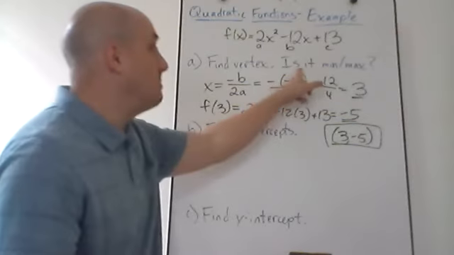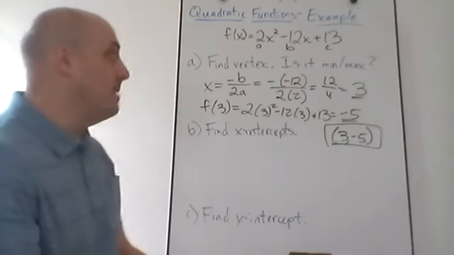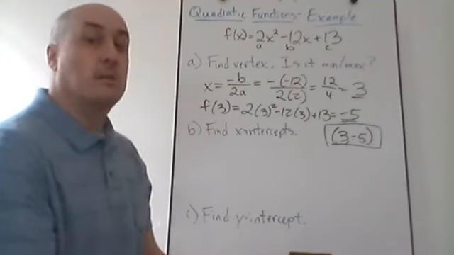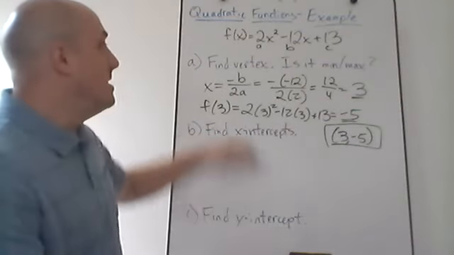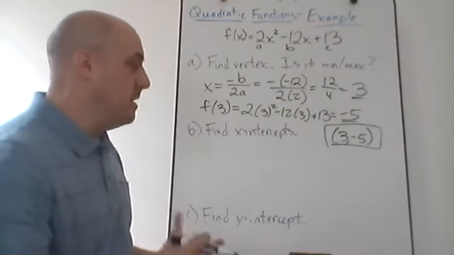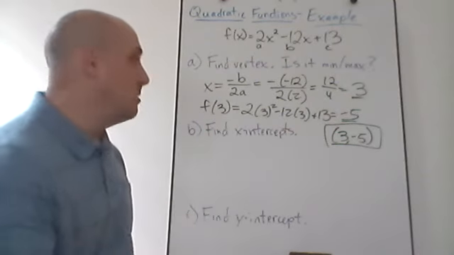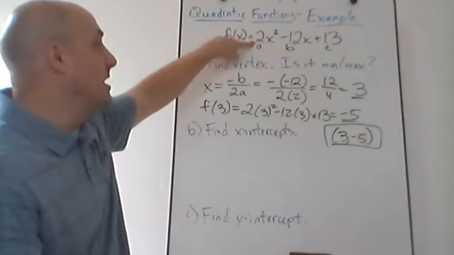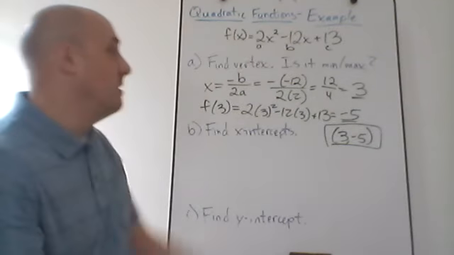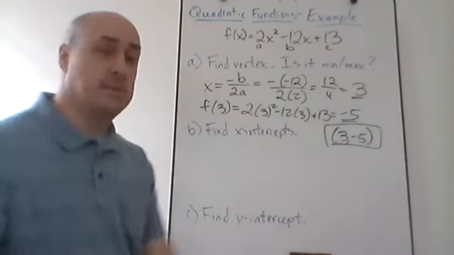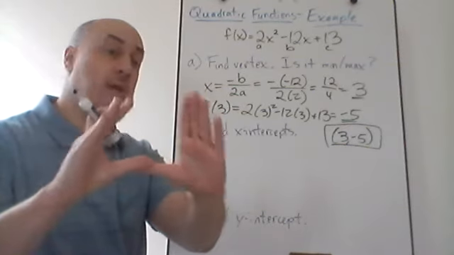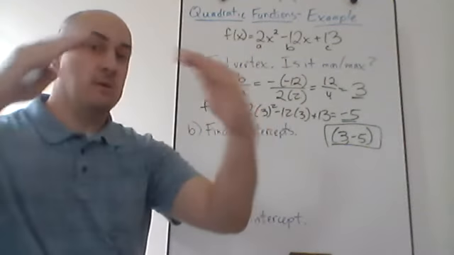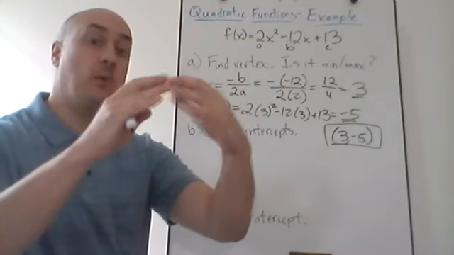All right, now, the next part of part A is: is this a minimum or a maximum point? Well, again, if you watch the other videos that I did on quadratic functions, whether the graph is minimum or maximum, or whether the vertex is a minimum or a maximum, depends on that leading coefficient a, right? That number in front of the x squared. Remember, if that's a positive number in front of the x squared, it means the parabola opens upward, and our vertex is a minimum point. If it was a negative number, the parabola would open downward, and we would have a